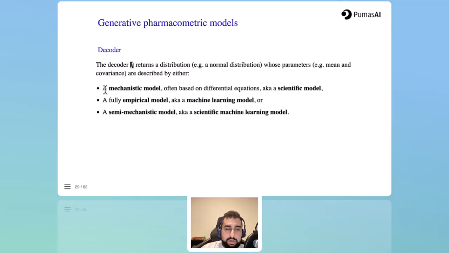At least that's one common case, but it's not the only type of models that we typically use in pharmacometrics, because sometimes we don't actually know what the mechanism is. We don't actually have a good idea of, for example, how tumor size evolves given a certain drug. And the exact relationship between tumor size and the drug is much more complicated than what we're able to model ourselves. And so often people would rely on quote-unquote empirical models,